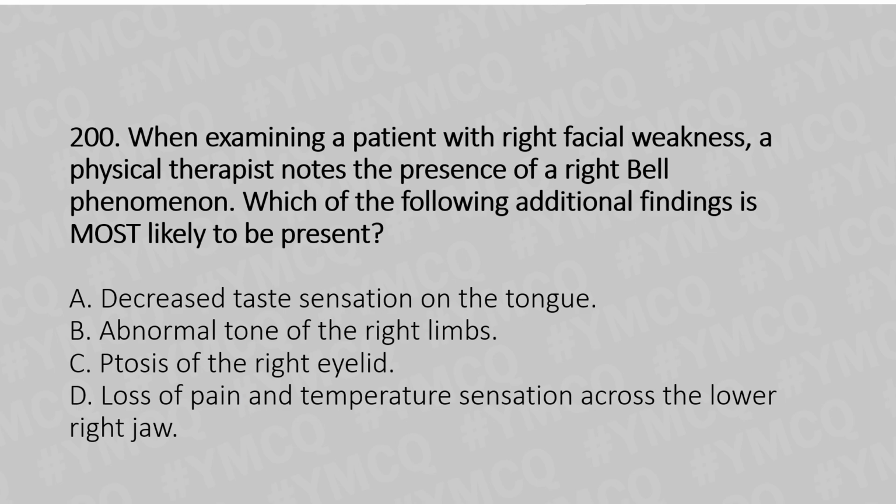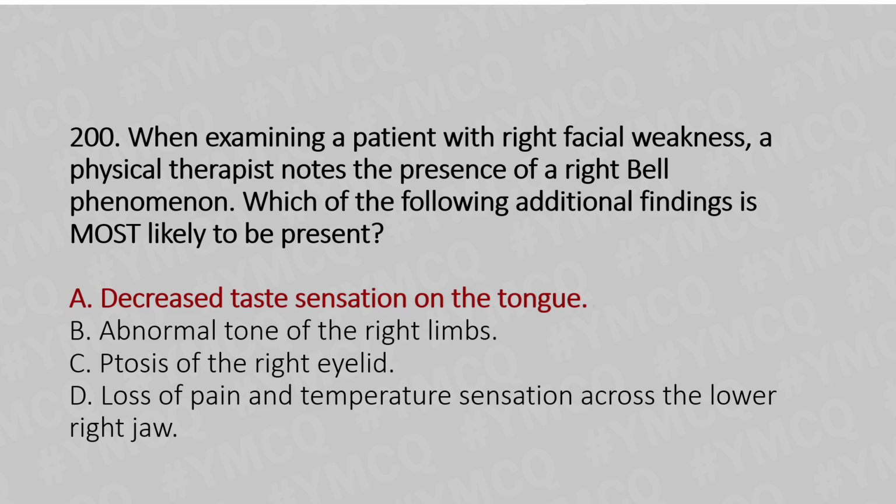Option A. Decreased taste sensation on the tongue. Option B. Abnormal tone of the right limbs. Option C. Ptosis of the right eyelid. Option D. Loss of pain and temperature sensation across the lower right jaw. And the answer is